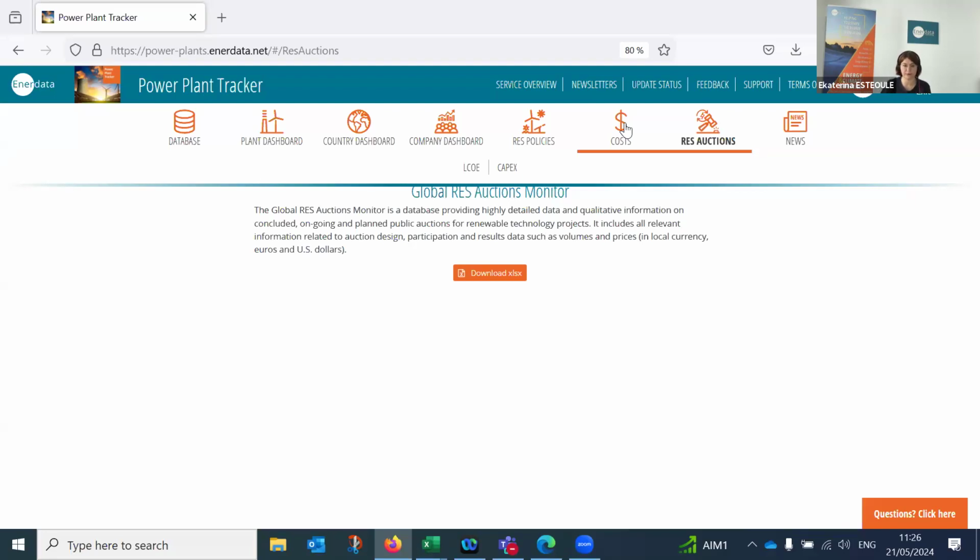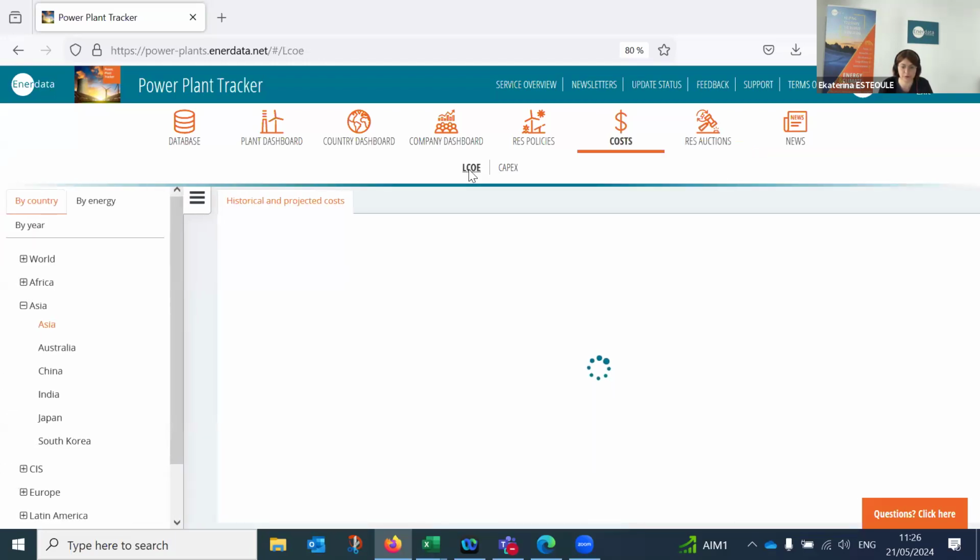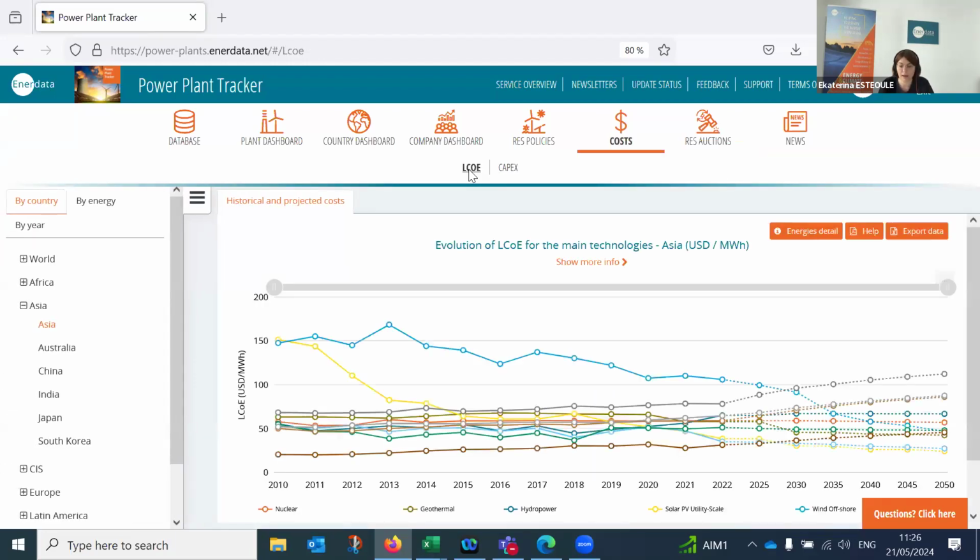And of course, the power plant tracker is one of the tools that we use as input data to produce the long-term forecast on power mix, on energy demand and power prices. That's why the information relating to the cost of electricity and the cost of the project is quite important for us. And we have decided to share this information with our clients and prospects as well.